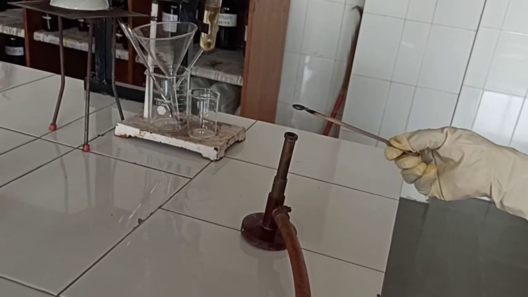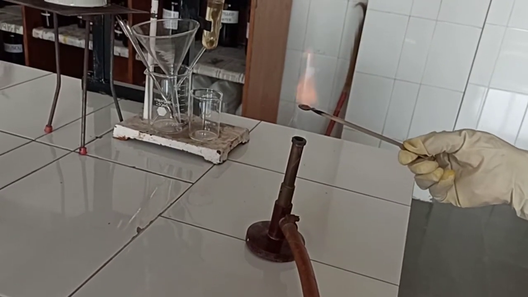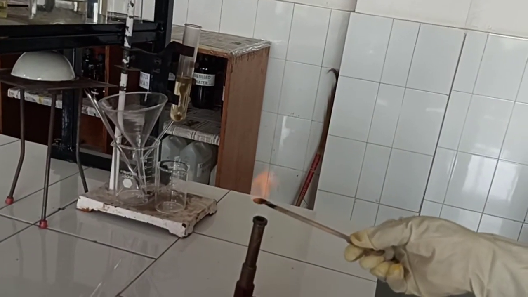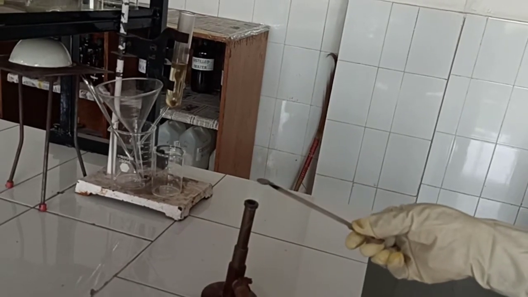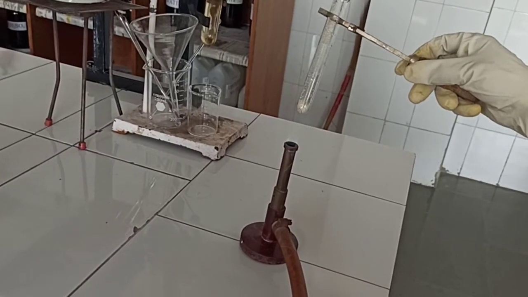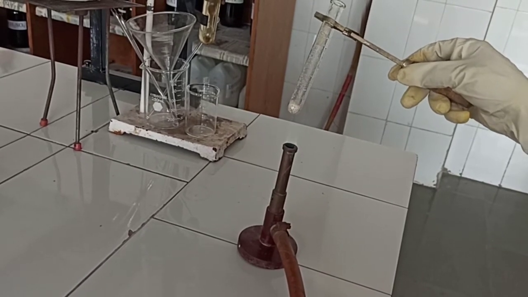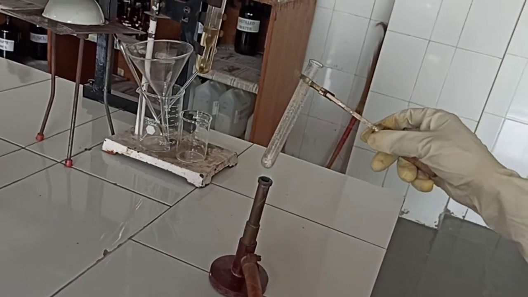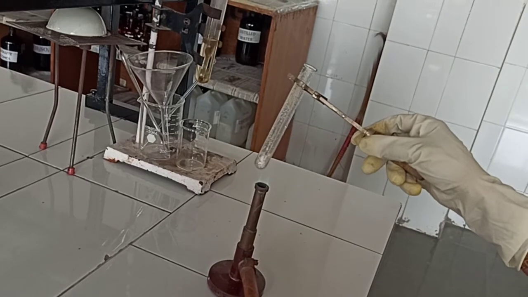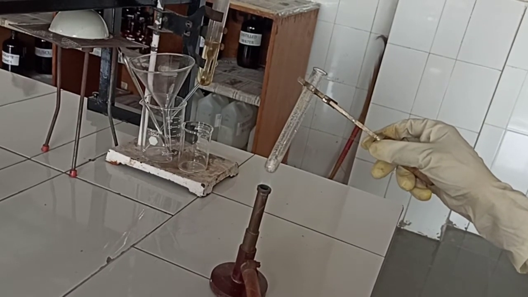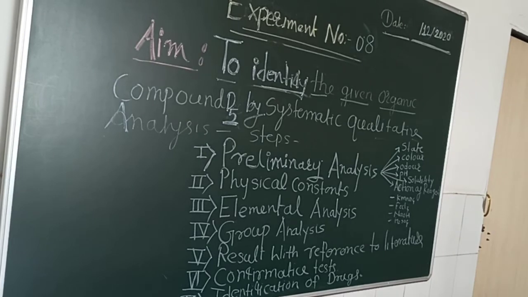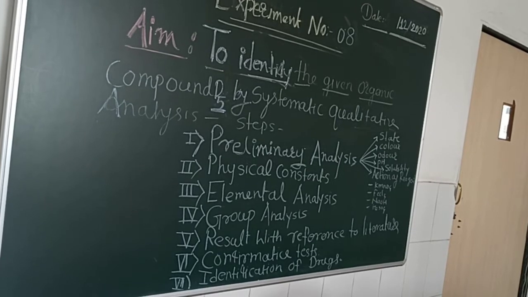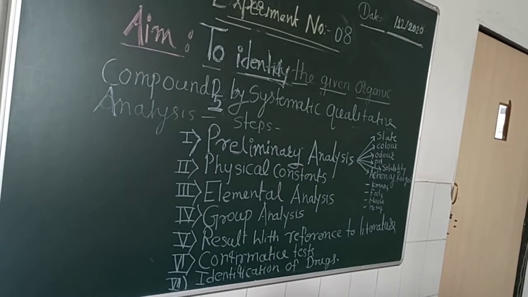The next test, that is heating on spatula. See, after heating on spatula, observe the flame, there is no sooty flame. That means our compound is aliphatic in nature. See the next test, that is heating with soda lime. We take soda lime in a test tube and our compound. There is evolution of ammonia, and an ammonia-like smell. That means urea, thiourea, ammonia may be present. So on the basis of preliminary analysis, we conclude that our compound is aliphatic, saturated and neutral.